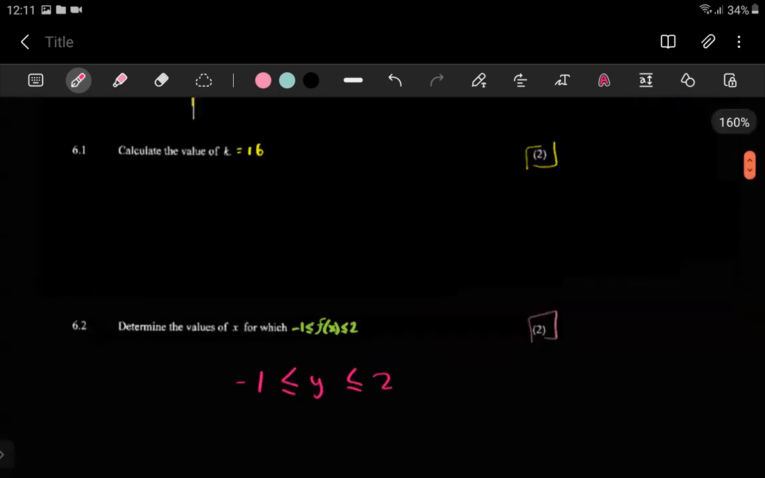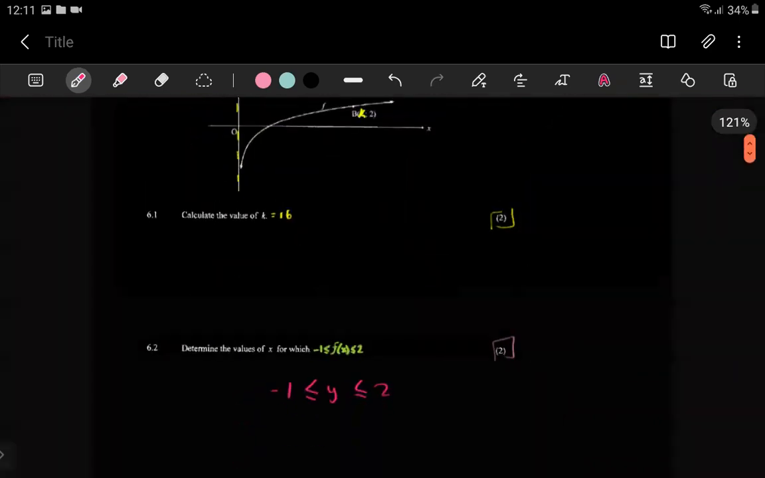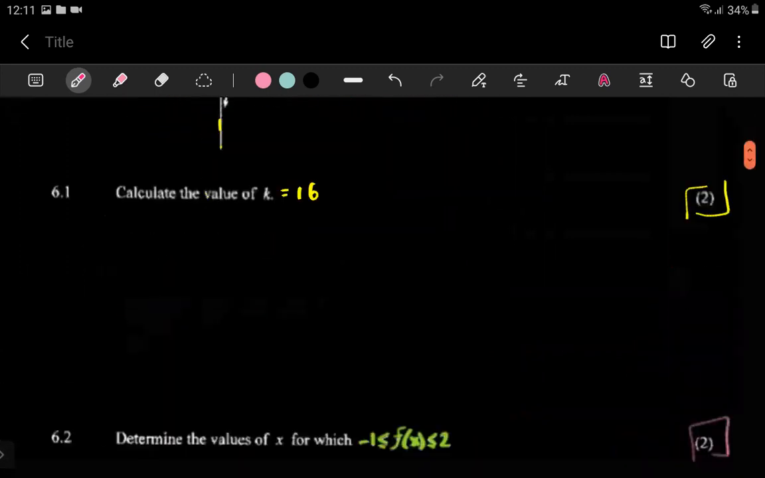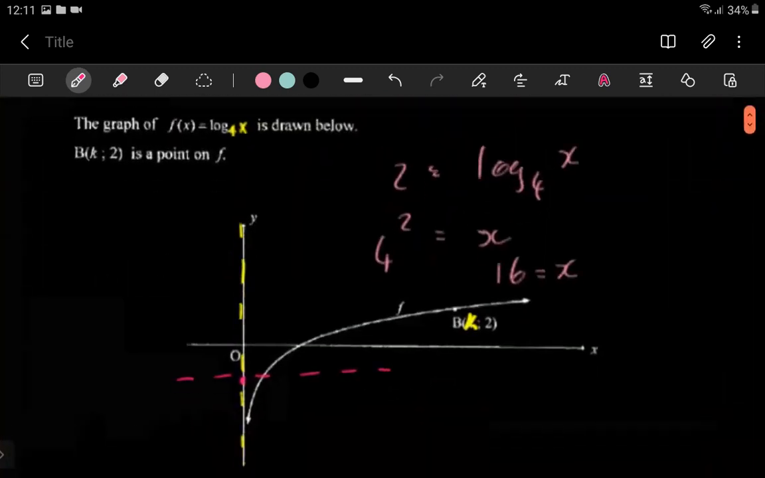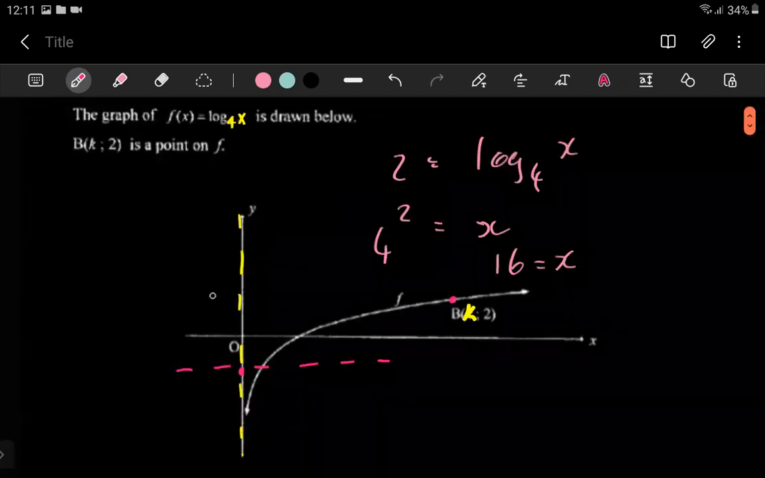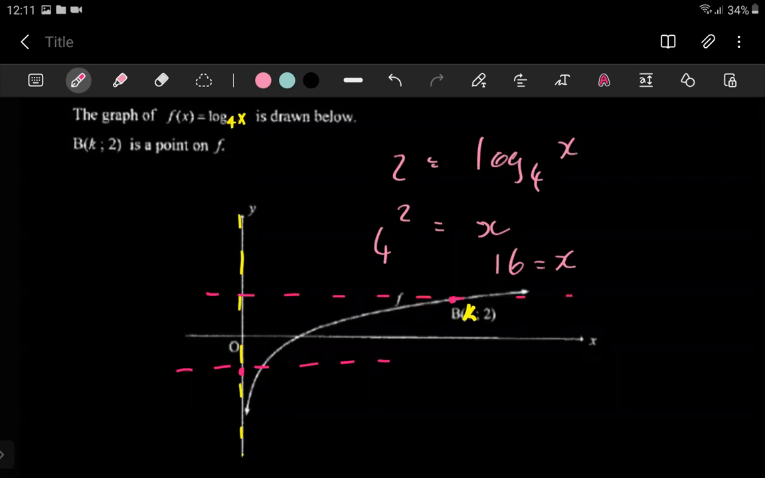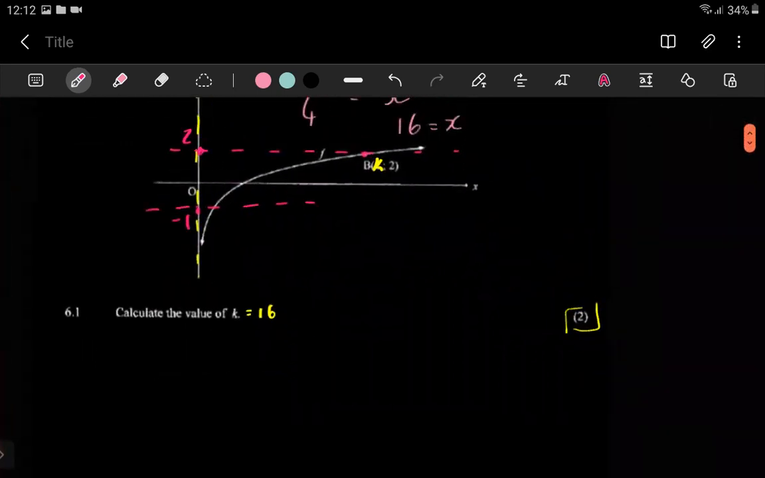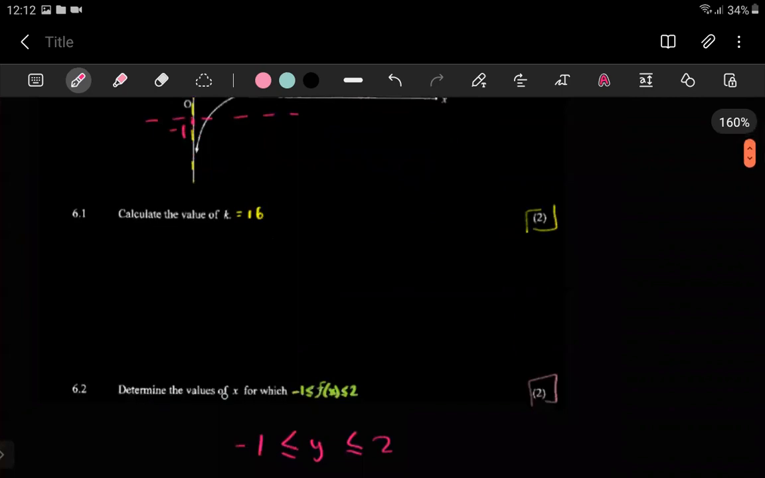So meaning in your image, you need to find out where -1 is. -1 is going to be somewhere maybe down here. And +2, we can see it's clearly up here somewhere. You see, this is where +2 is. So you can see that this is the space here between -1 and 2. They're saying this space between -1 and 2, it's asking you to determine the values of